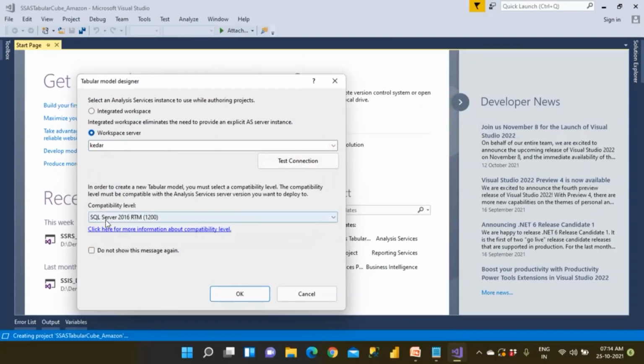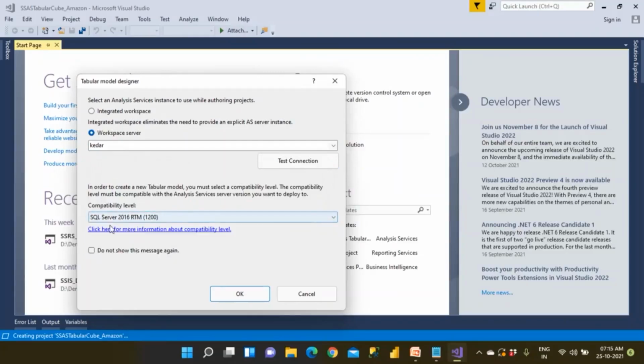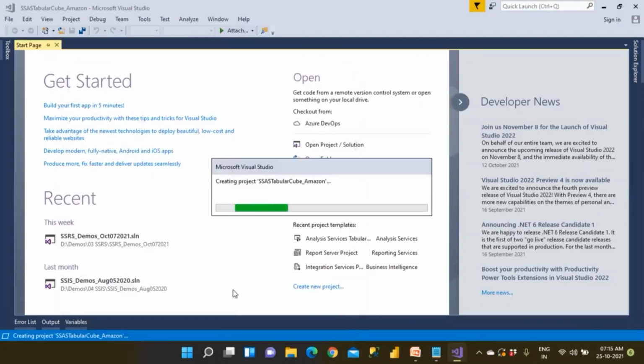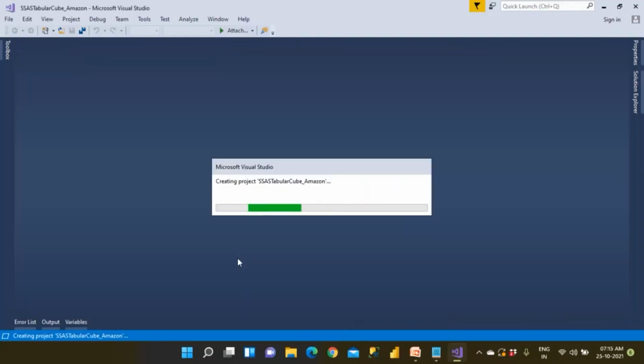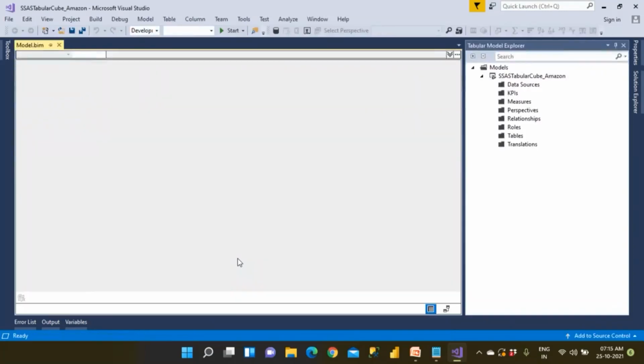Now it is compatible with SQL Server 2019 or later, so after these versions also it is going to work. No problem. Click on OK. This is how we can create a project.